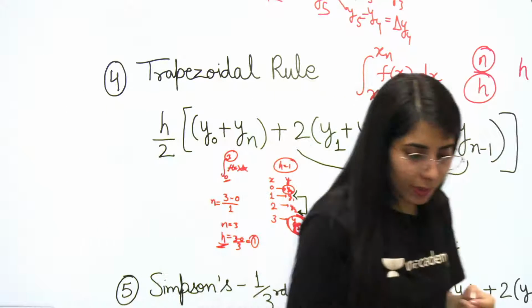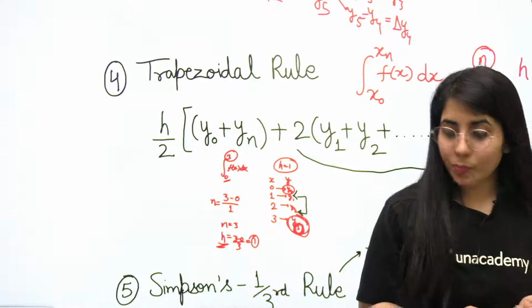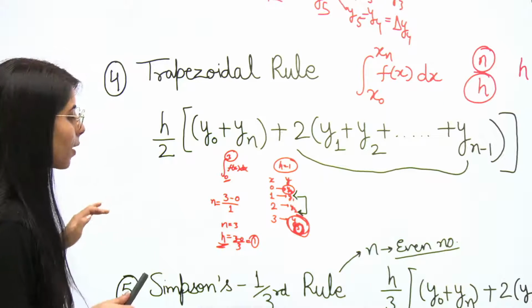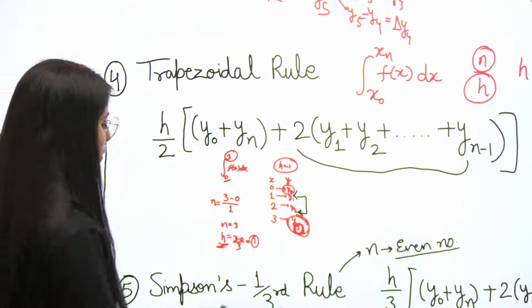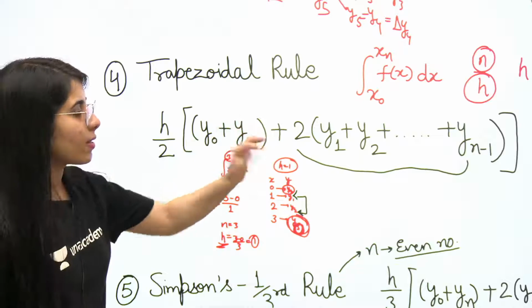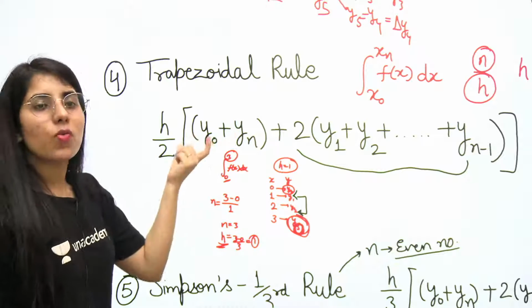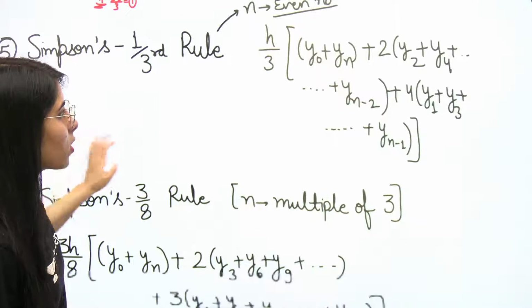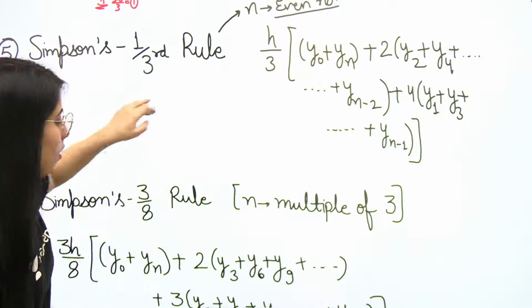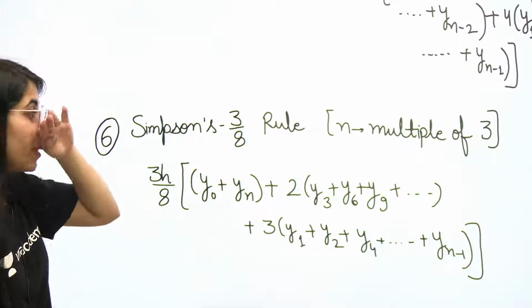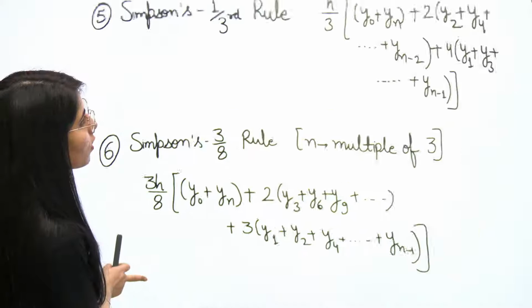I hope it is clear, but if there is any doubt, please let me know. We'll talk about it. And if everything is clear, that's good. Let's compare this formula with the Simpson's 1/3 rule. Okay, have a look at this. This term y naught plus yn will be similarly present in Simpson's 1/3 and Simpson's 3/8. Look at this y naught plus yn. Look at this y naught plus yn. Okay, no term has been multiplied even. Clear? So these are the same.